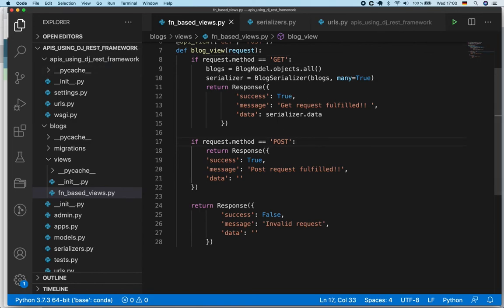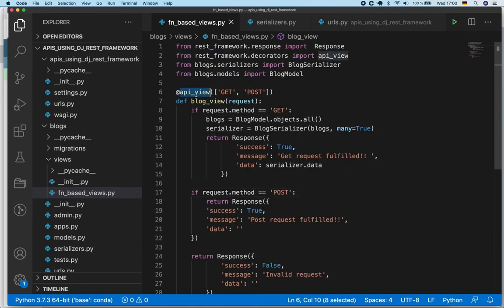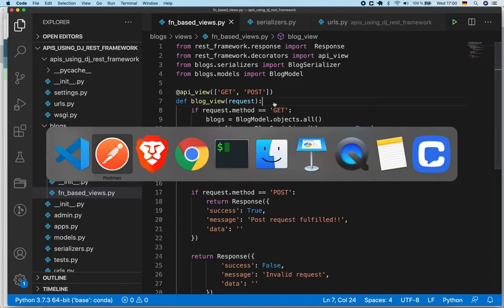Now let's create a post request. Actually we will be doing that in class-based view. This is just an example how can we use API view. So this is how a function based view can be created using Django REST framework. Let's move on to the next step,